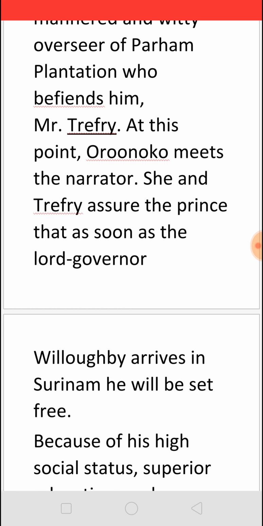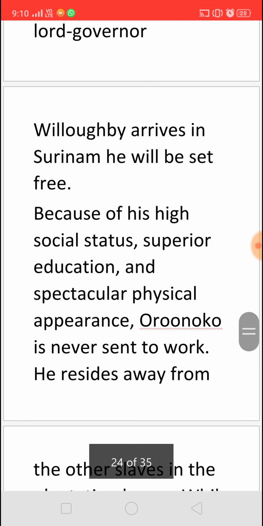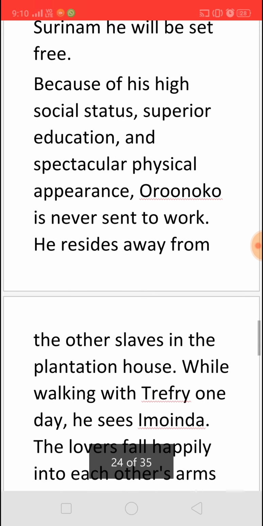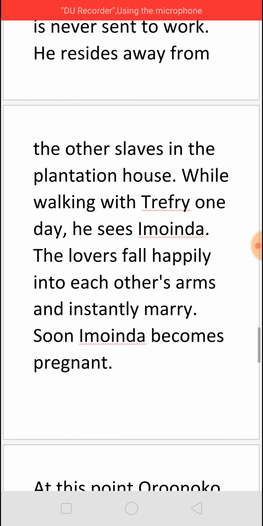And then he says, till then you can be in my own place, you can reside with me, you need not be with other slaves. And he also does not give him any work to do. And once when they are going for a walk,